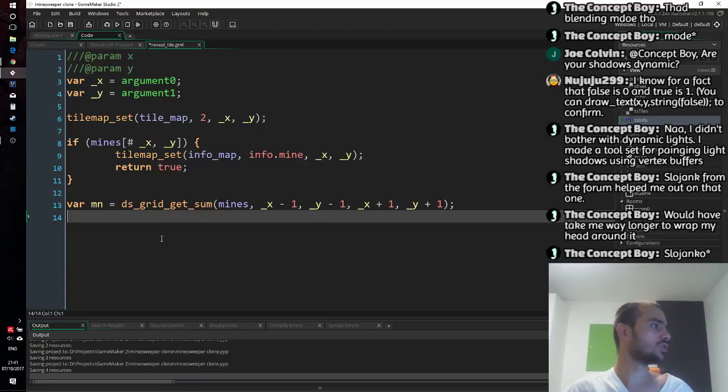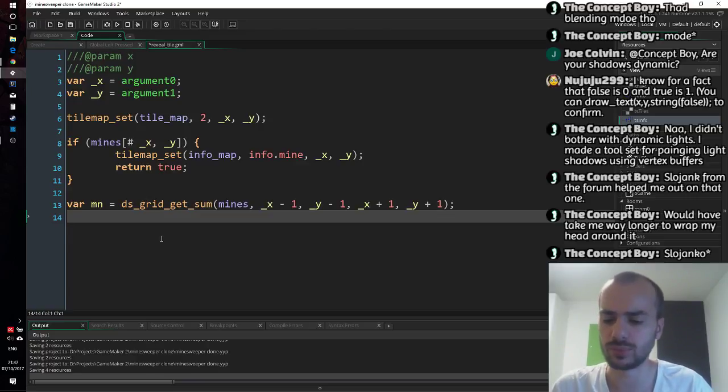So Andrew is saying that he knows for a fact false is 0 and true is 1. Yes, but -1 also evaluates to false. So YoYo Games could one day make an update where false is actually -1. They probably won't because it will break a million different projects. But they could do it, because it's not defined in the language spec. I don't even know if there is a language spec, but anyhow,